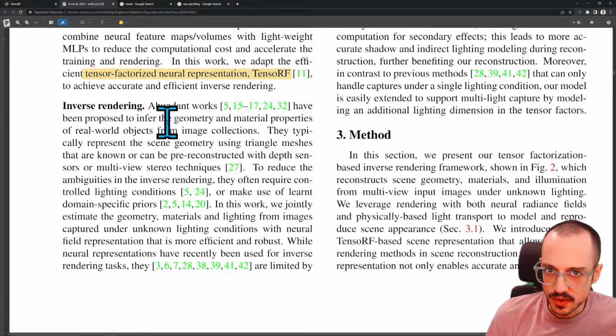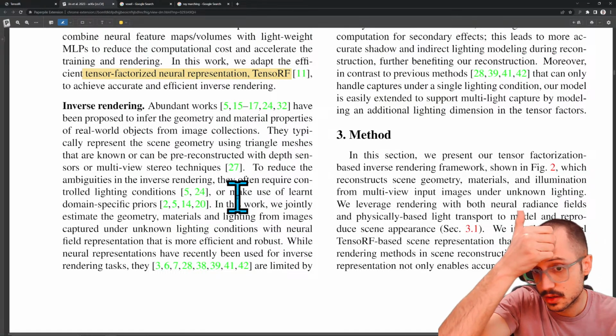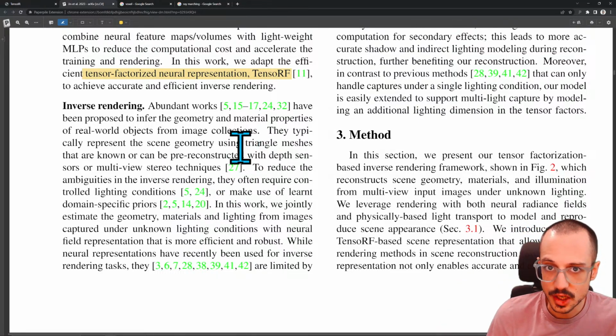Abundant works have been able to infer the geometry and material properties of real-world objects from image collections. They typically represent the scene geometry using triangle meshes, so this is the mesh and texture technique, or can be pre-constructed with a depth sensor or multi-view stereo techniques. So this is how you can get depth without,